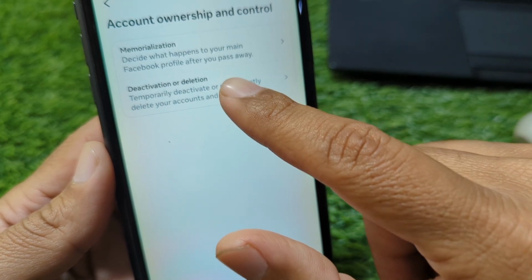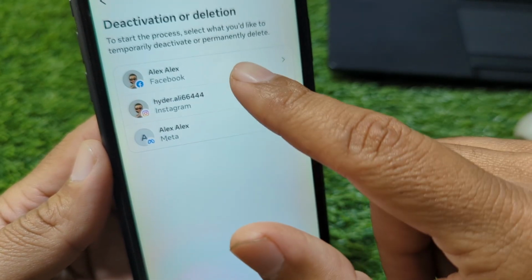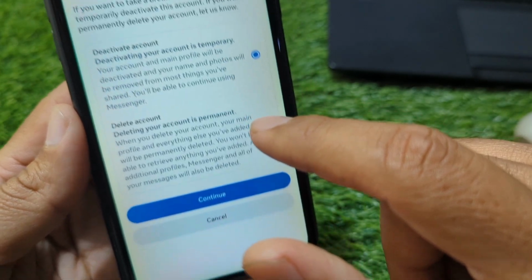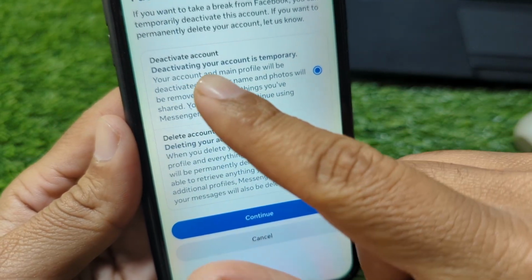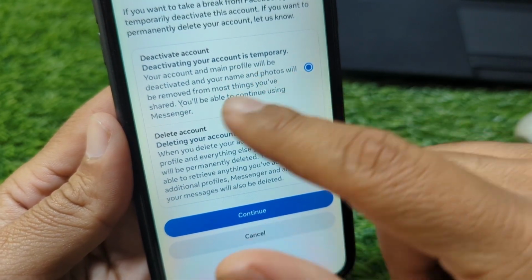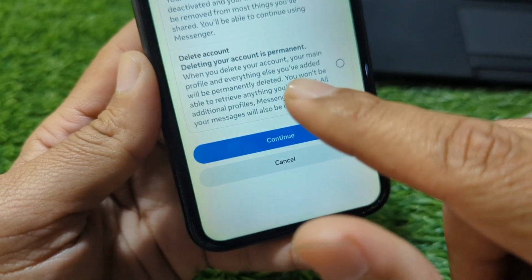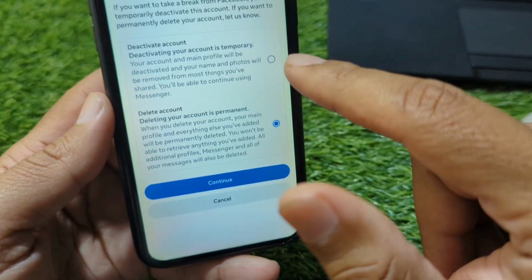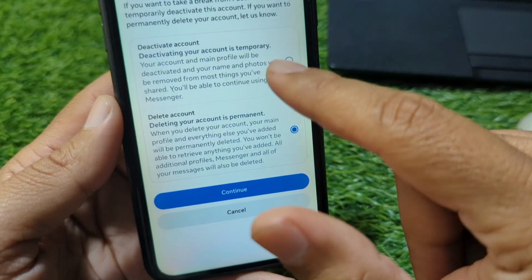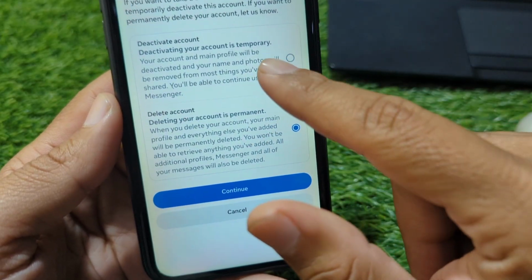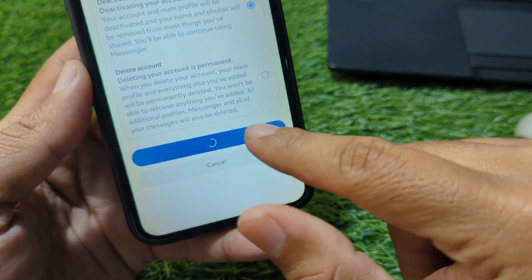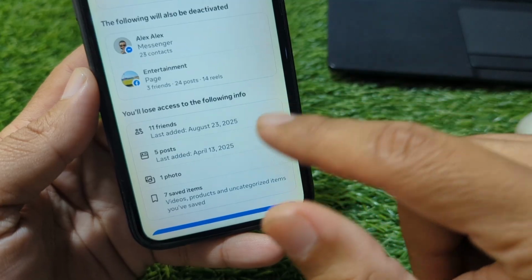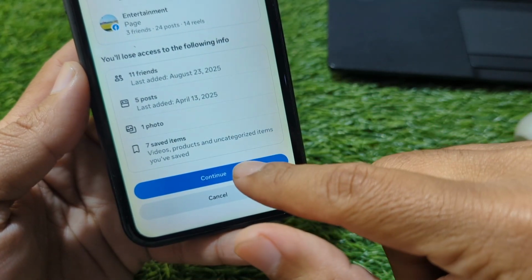You have to simply tap on this and select your profile, and from here you can deactivate your account temporarily, and you can also delete your account permanently from here as well. So guys, you can select any one from here, whichever you want. Here you can see this, and after this tap on continue, and after this you have to tap on continue again,